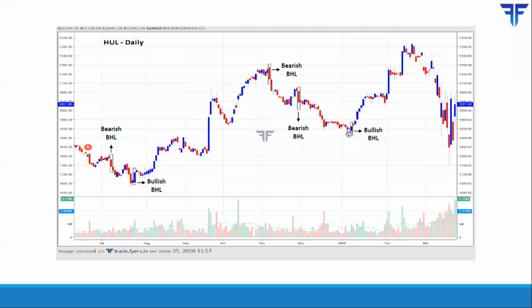This, however, is not so classic because the body is not so big. In a bullish or a bearish belt hold line, when I trade, I look for big bodies, just like over here and over here and over here. But in this case, the body was relatively small. Nonetheless, what is interesting to note is that it appeared after a nice decline, and in the subsequent days, price did not break the low of this particular bullish belt hold line pattern. So that is something that's very powerful. And in the subsequent days, we saw a strong rally in the price of HUN.